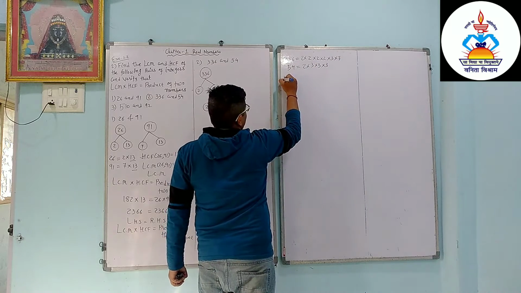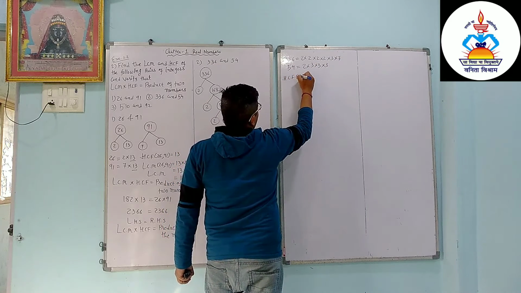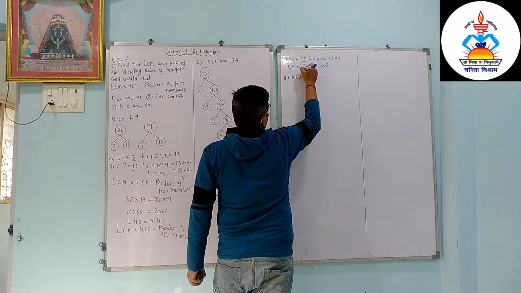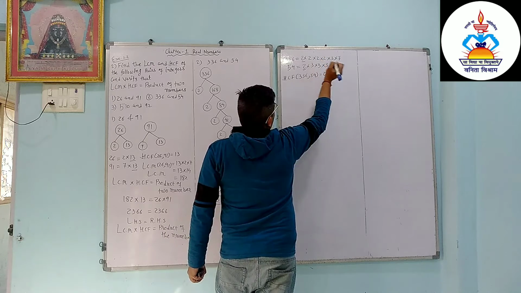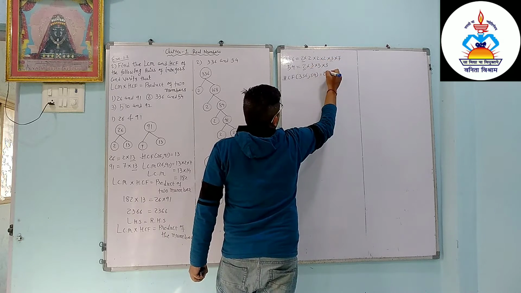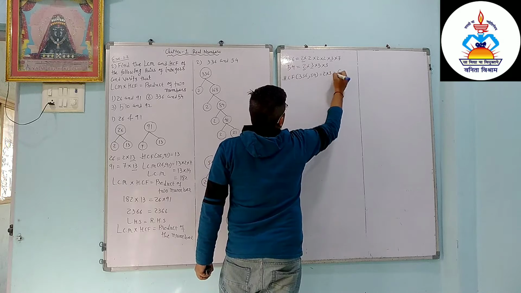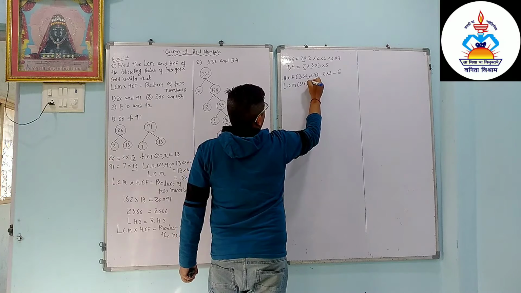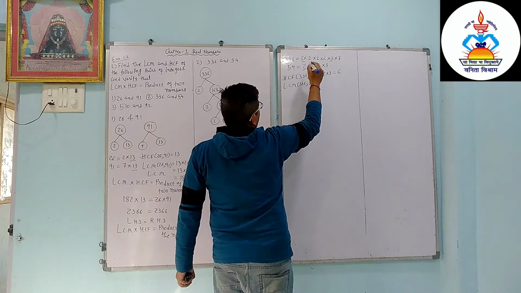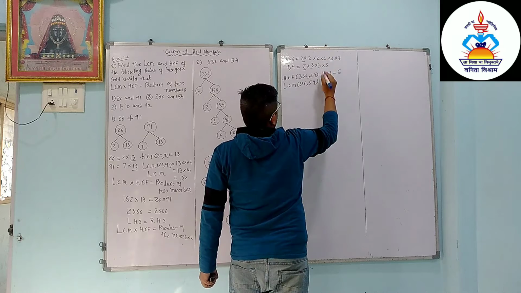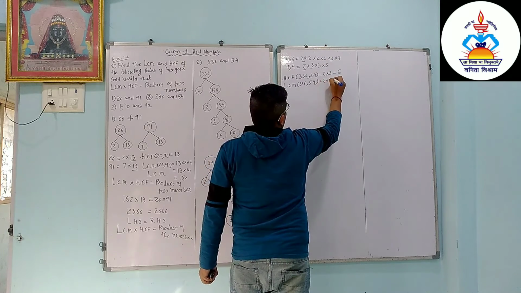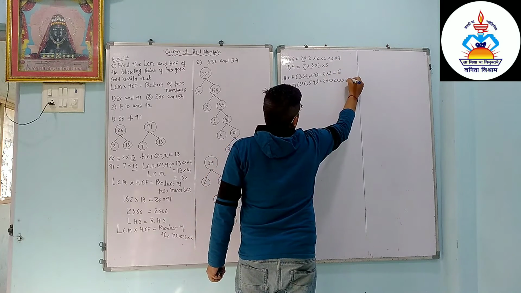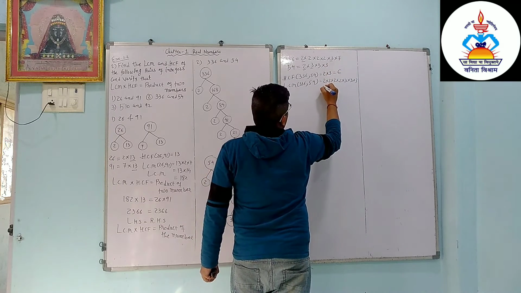Now we have to find the HCF of 336 and 54. So we will take common numbers. One 2 is common, one 3 is common, so 6. For the LCM of 336 and 54, we take the maximum: 1, 2, 3, 4 twos, maximum three 3s, 1, 2 and 3, and one 7.